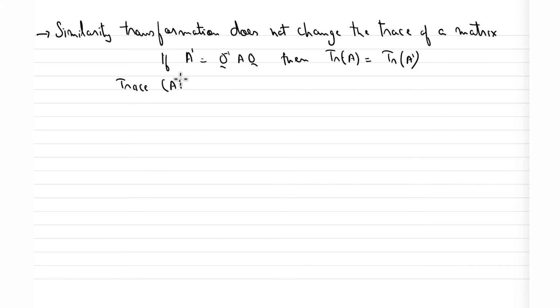Okay, so to prove this, let us start with proving trace of AB is equal to trace of BA, and that is true even if A and B do not commute with each other. See, these are matrices, and it is not necessary that the product AB will be equal to product BA. So even if the product is not equal, the trace would still be equal. That's what we are going to prove first to be able to prove the above statement.